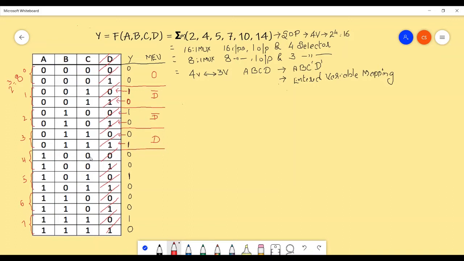1, 0, 0 and 1, 0, 0: my output combination gives me 0 as the output. So no worries, I am going to write it as 0 itself. Coming back, 1, 0, 1 and 1, 0, 1. So what should be written here? In case of 1, 0, 1 and 1, 0, 1, my output is 1 and 0. Again go back and check it, and this will give me d bar.